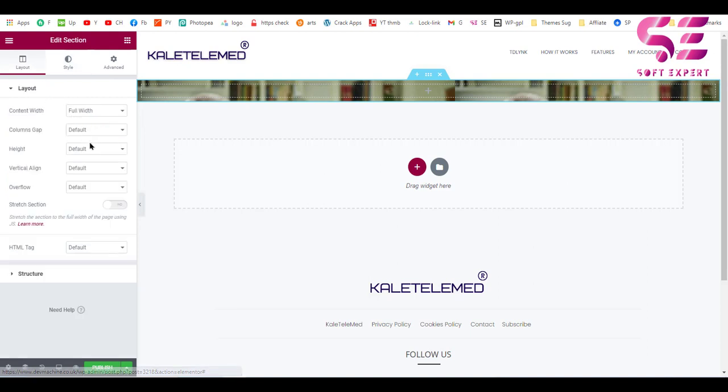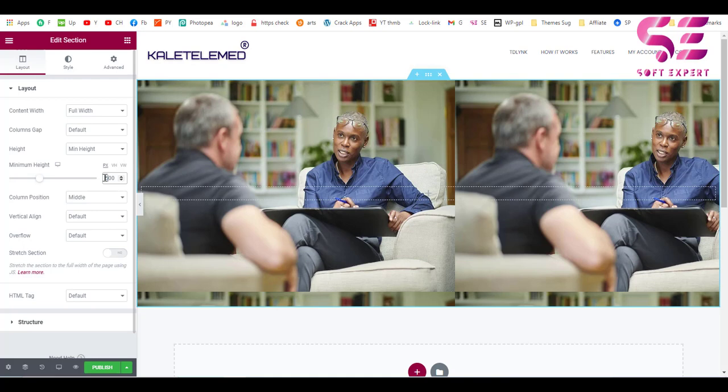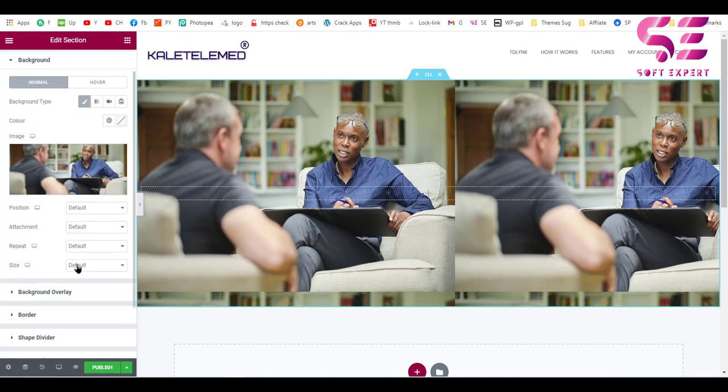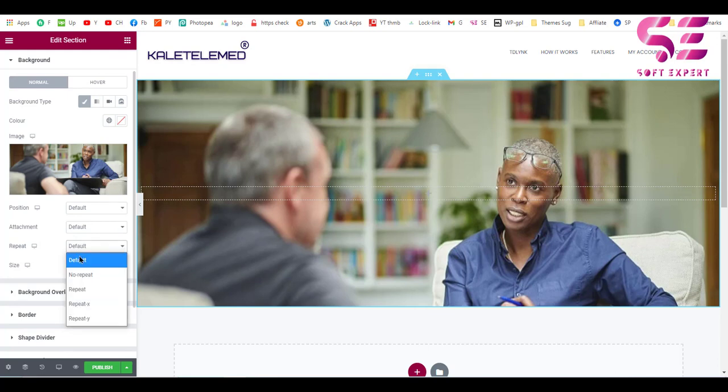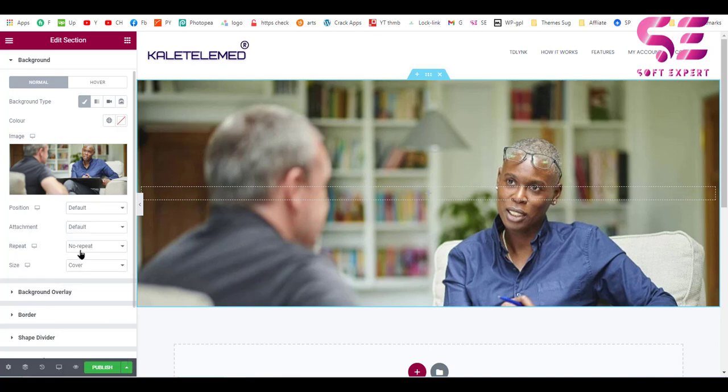And we will choose its specific height. So for example, the minimum height will be 500 pixel, and the size will be cover, no repeat, position will be, I think position is okay.